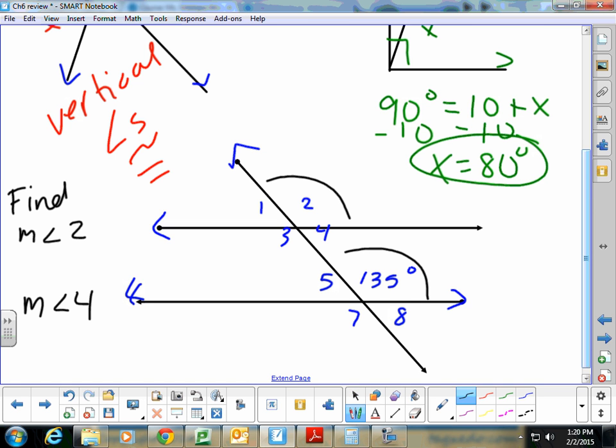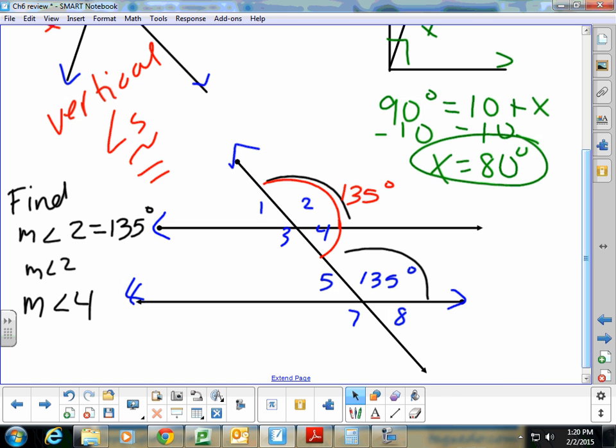This is the corresponding part, and since the measure of angle 2 is corresponding to 135, the measure of angle 2 is 135 degrees as well. Then we were asked to find the measure of angle 4. Well, we know this now is 135,